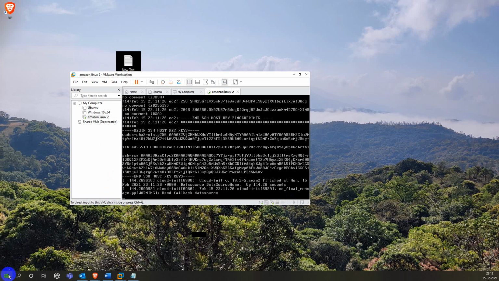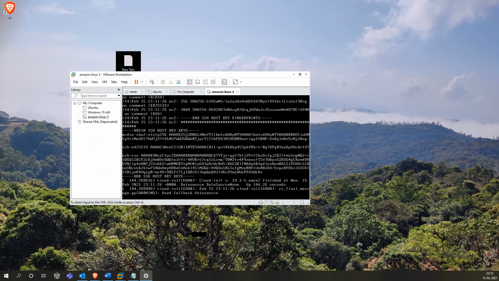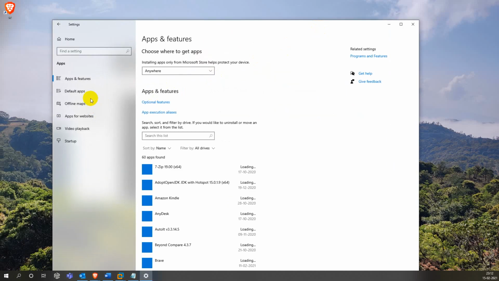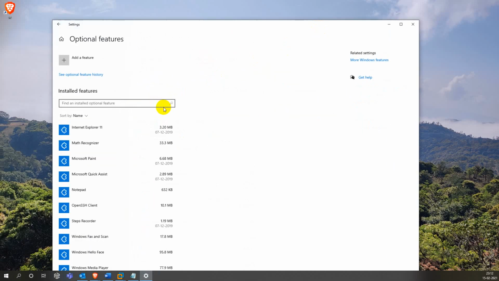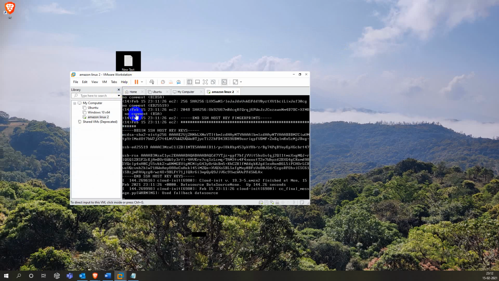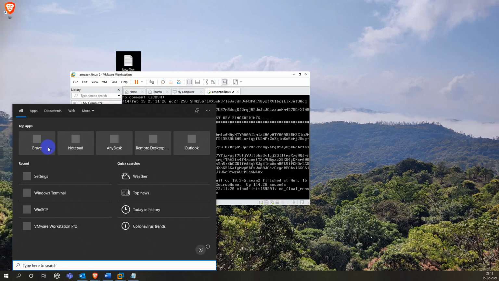If not, go to add or remove programs and turn on the optional features, SSH, or go to settings, click on apps, click on optional features, and install SSH. Then use terminal or PowerShell directly.